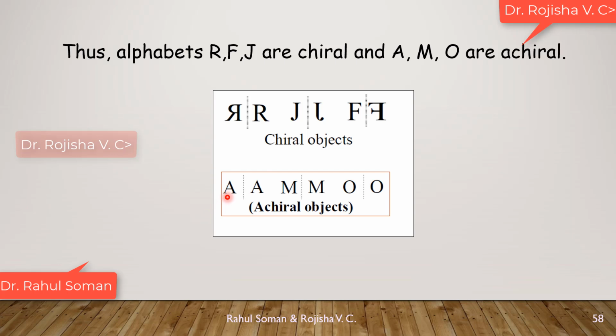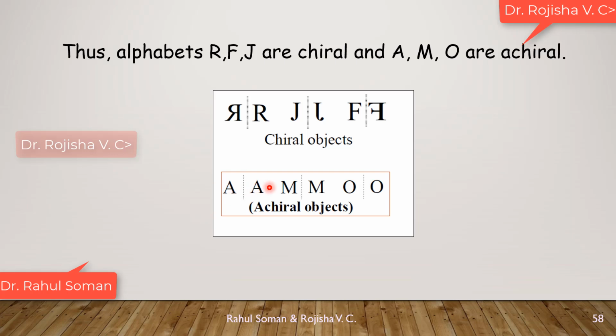Symmetry means that there are several symmetry elements. A plane of symmetry is a symmetry element, and a point, meaning a center of symmetry, is also a symmetry element. If we keep a plane at one point, we can have two halves that are similar. The halves on either side of that plane will look the same.